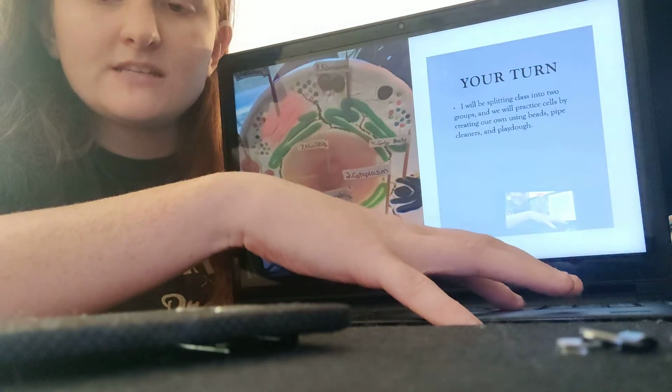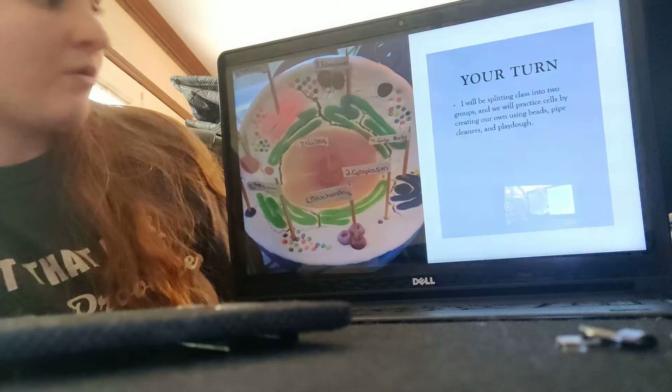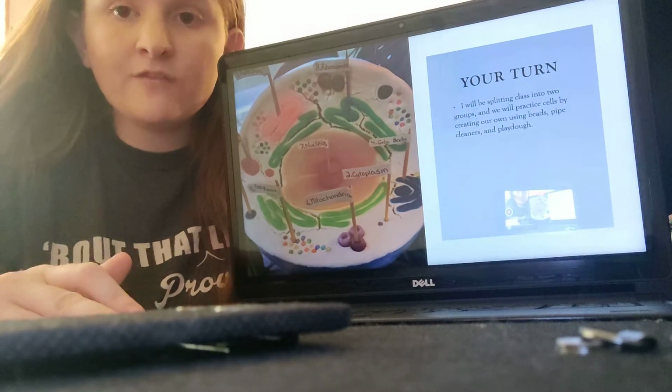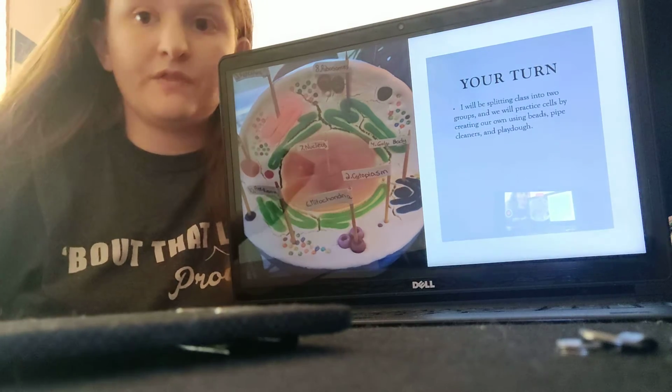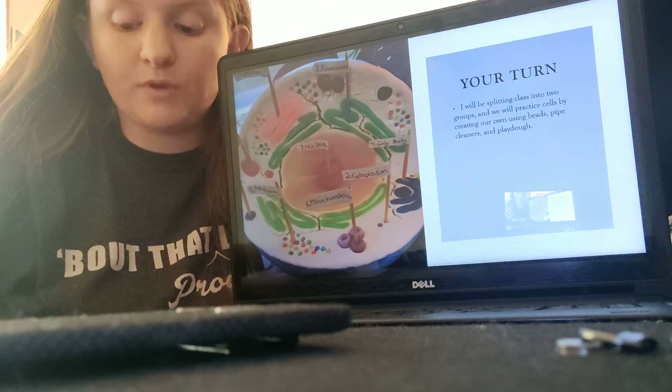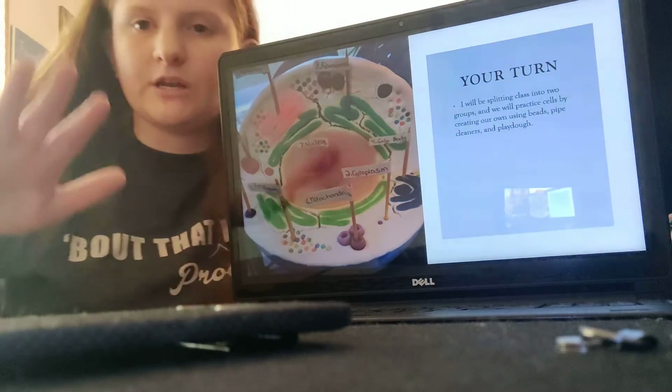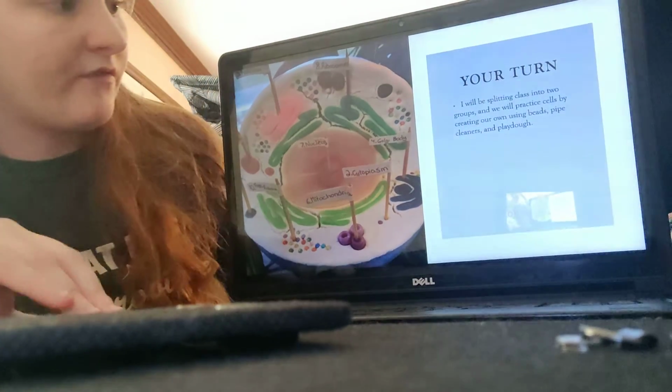And then lastly, it's going to be their turn. So what we're going to do for our activity for this lesson, after we've talked about everything, they're going to fill out their what they learned part of their chart. They're not going to turn it in yet. They're going to use that, and I'm going to provide